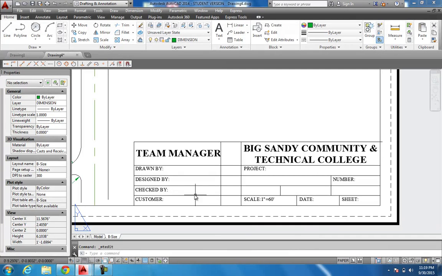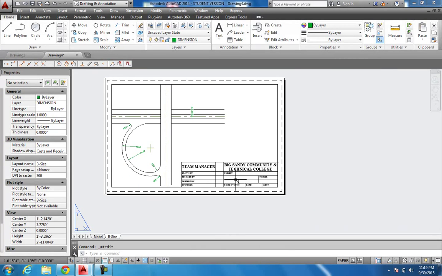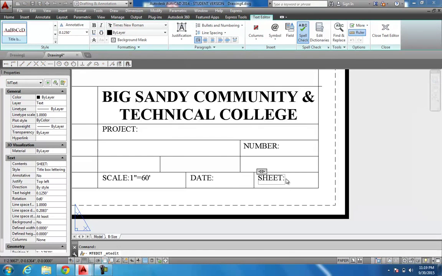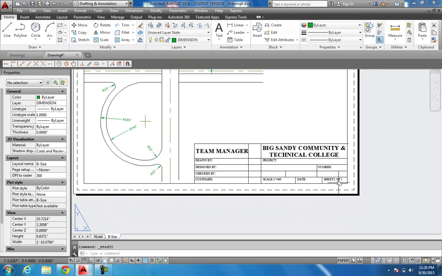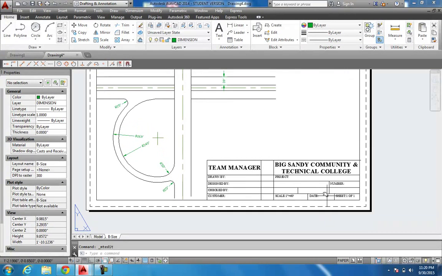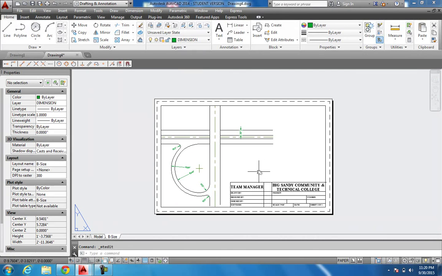Put your date in, put drawn by, put everything in there. Sheet would be 1 of 1 because it's just one sheet. If we had 2 sheets, it'd be 1 of 2 or 2 of 2. But after you get all that done, you can go ahead and print,